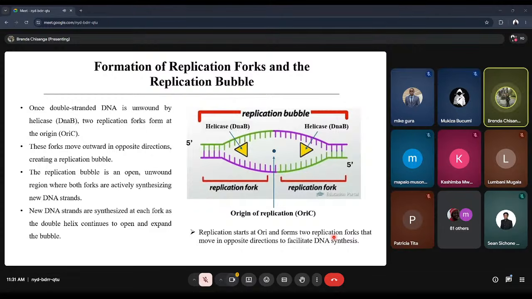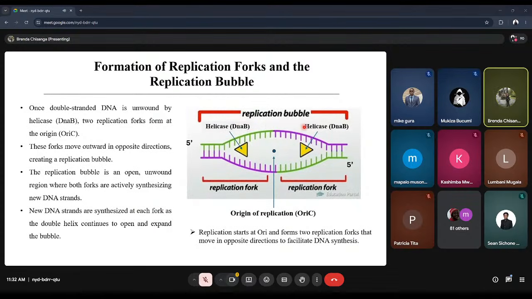Now, when the two strands are being unwound by helicase going in opposite directions, what you have are two replication forks. These two replication forks have the DNA B, or should I say helicase, attached to the 5' strand. And on the other side, you also have DNA B attached to the 5' strand. The whole region that you see with those two replication forks, or the region of DNA that is unwound, is referred to as a